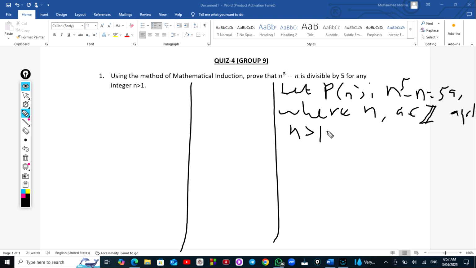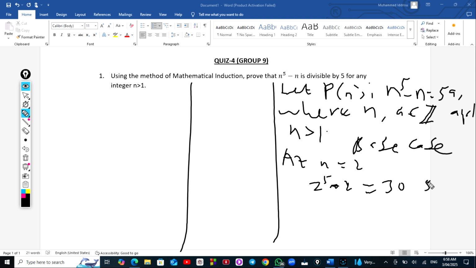So the next step is to prove the base case. So our base case, the next integer, we know that one is exclusive, so the next integer is 2. So at n is equal to 2, we have 2 to the power 5 minus 2. So let's see whether this is divisible by 5. So this is equal to 30,